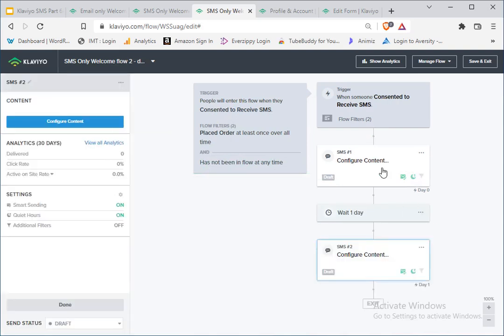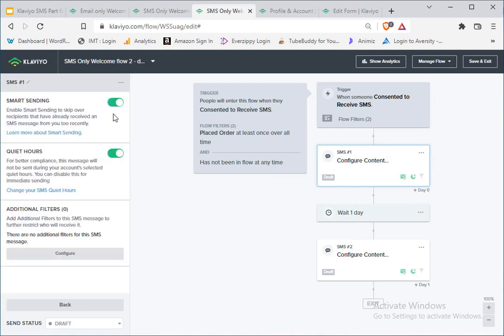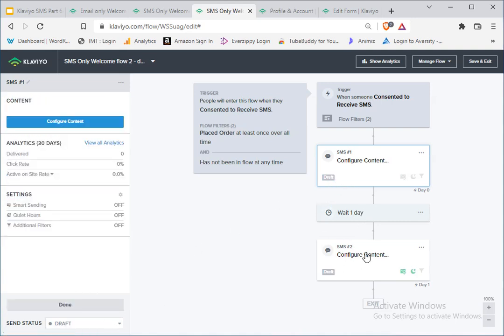Super easy. Again, inside your filters, I would say on the very first one, at least, come over to the additional filters, turn off smart sending. That won't even apply on this one because it's the first text they'll ever have received. Turn off quiet hours if you're offering a unique discount. And then once you're done with all of these, after you've configured them, I won't be able to do this now because I haven't configured content, but once you do, you click here and just publish these